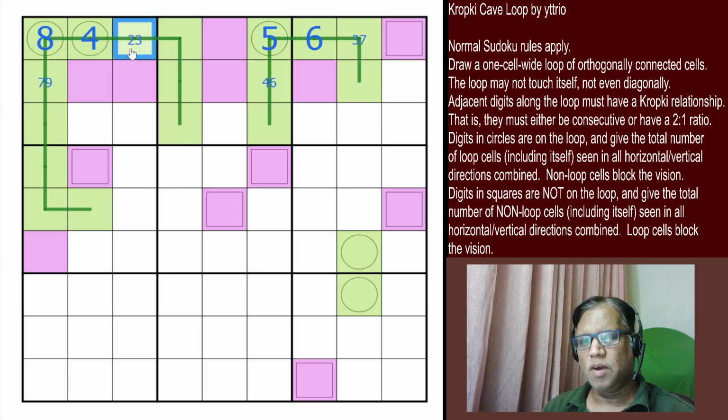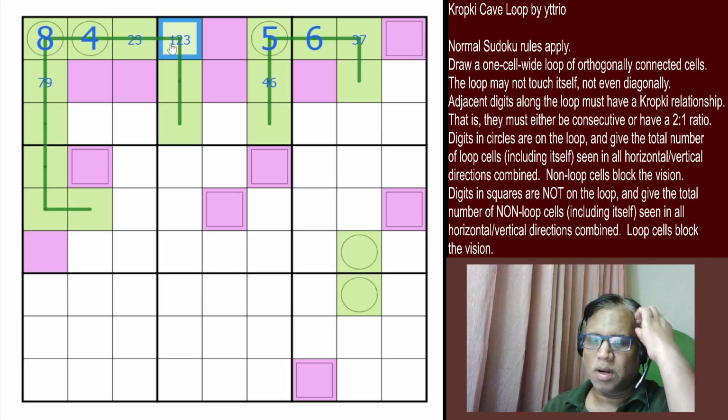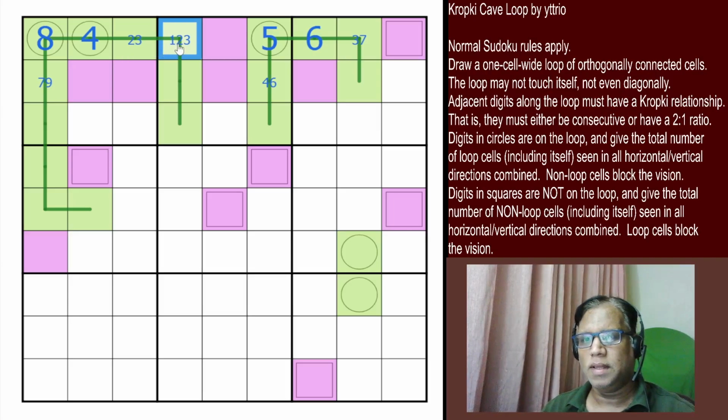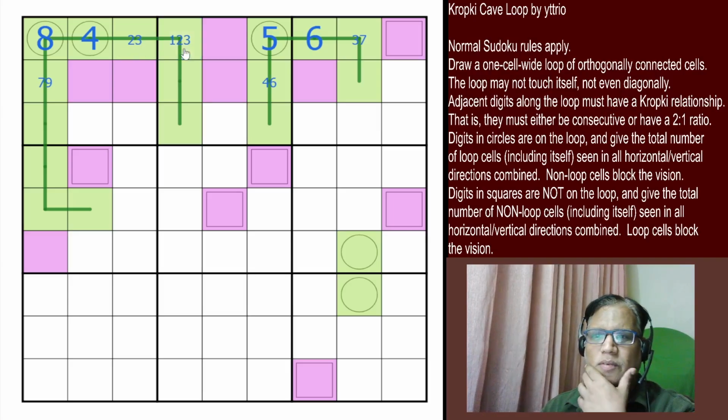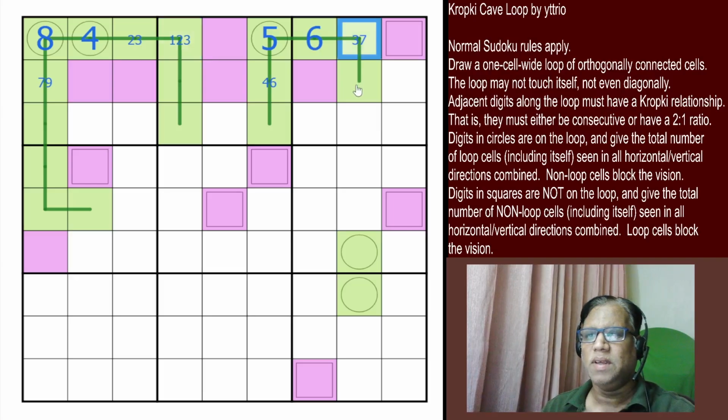So if this is 3, then this could be 2. So the only possibility is 2, right? It cannot be 6. This is double of that. It cannot be 4. So this is only 2 if this is 3. But if this is 2, this could be 1 and 3. It could always be half for the neighbor of 2 and 3. But it cannot be. So this could be 1, 2, 3, 3, 7,